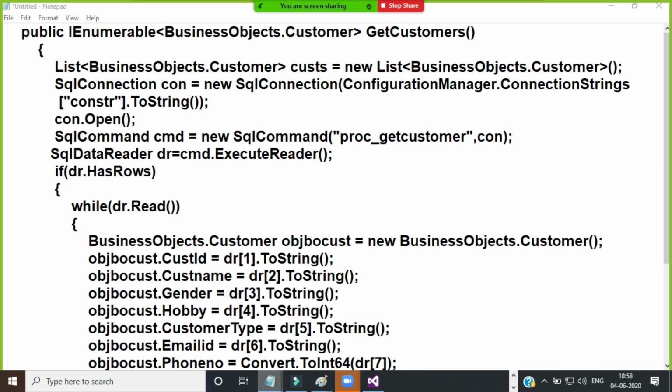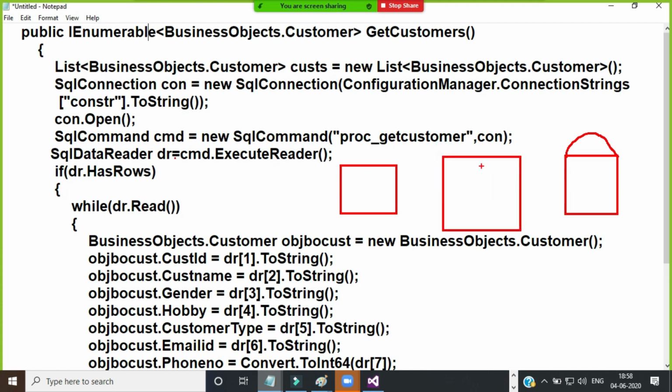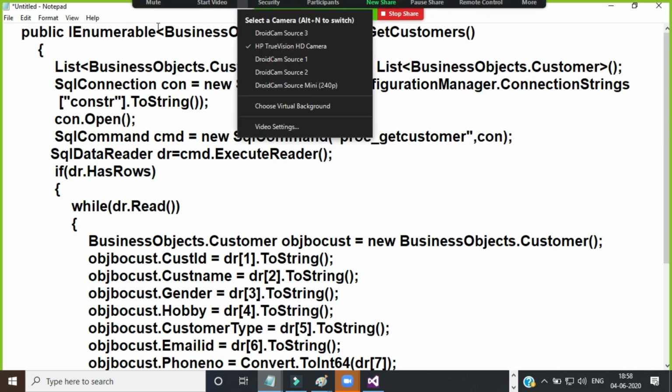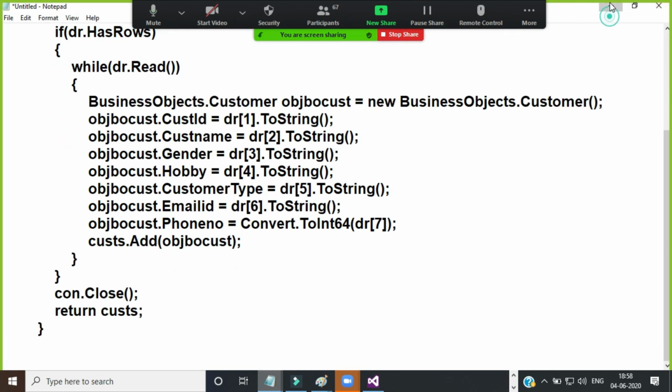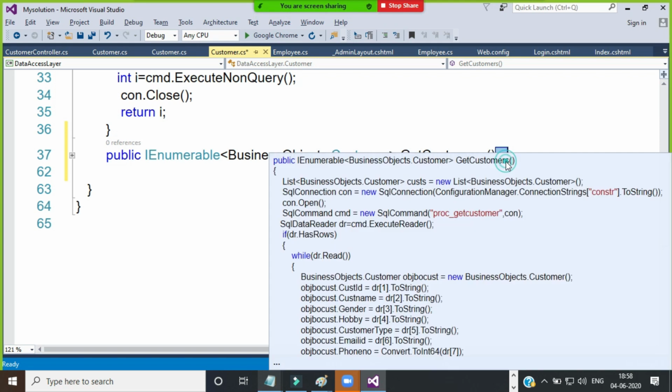Here you see, this is your front end, this is your database. Your actual original data is stored in database. Now in middle server is there. In server your application is running. Now your server will communicate with the database. Database will give the result. That result is stored in collection. This is your collection. We are storing the result in collection, and again we are reading the data from collection and displaying in the front end. In middle layers are also there. Anyway, we already know that one. Did you understand? This is your code for data access layer.